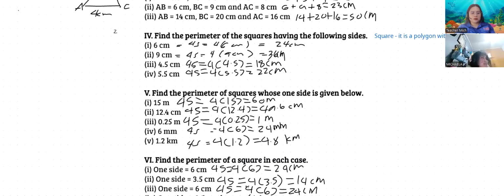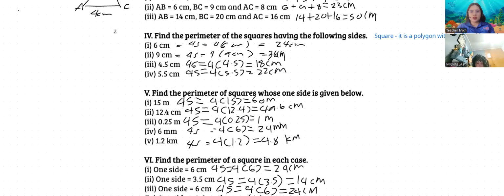It has what? Five sides. Triangle. It has three sides. Okay, 3 sides. Tri means 3. Okay, how about if the given polygon is a square? How will you know if the given polygon is a square? It has four sides. Okay, it has 4 sides and all of its sides are equal, same as its angle, anak. All the sides are equal, its angle measures 90 degrees.